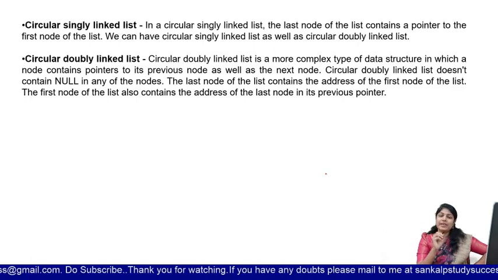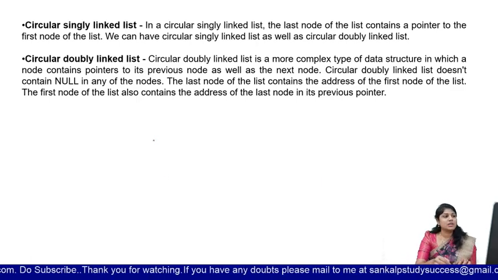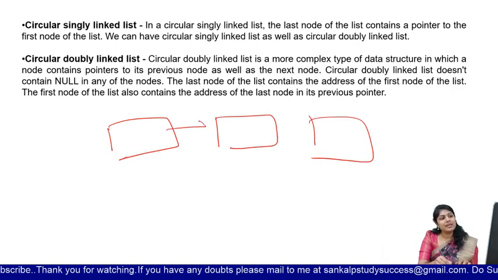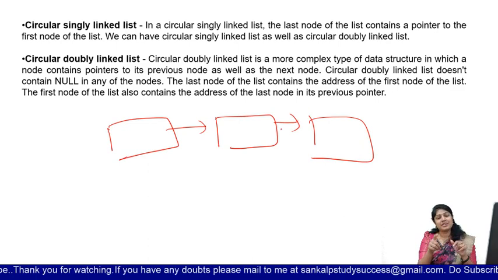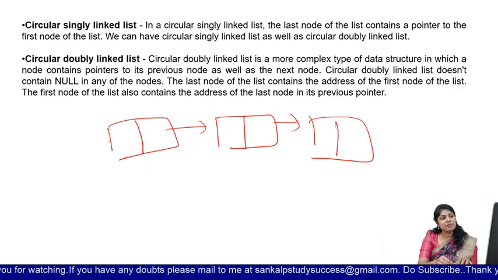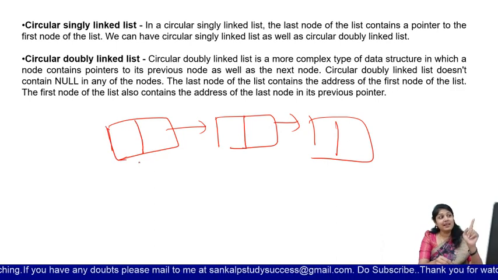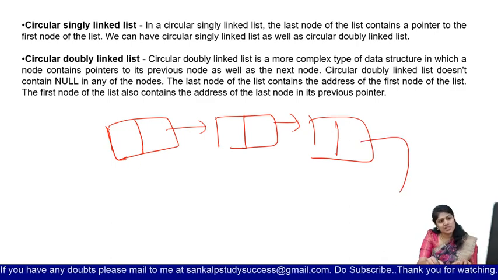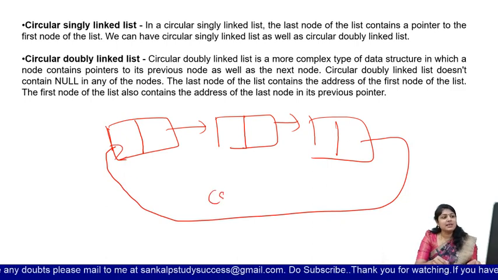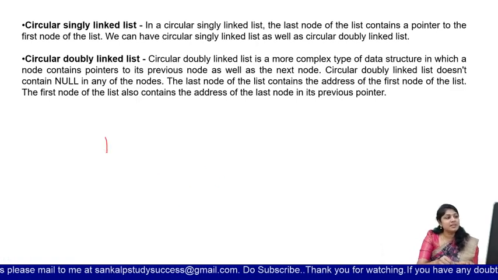So double linked list lo we can travel from first node to second node and second node to first node. And circular single linked list lo there is a connection from the last node to the first node. That is nothing but what? Circular, right? So ikkad nunchi manaki single linked list annamante, that means what? Only two parts. Okay, only two parts, single link, circular linked list. Okay na, so ikkad nunchi ikkada connection untundi. Okay, so there is nothing but what? Circular single linked list. Okay, and the next one, circular double linked list lo ela untundi ante, double linked list